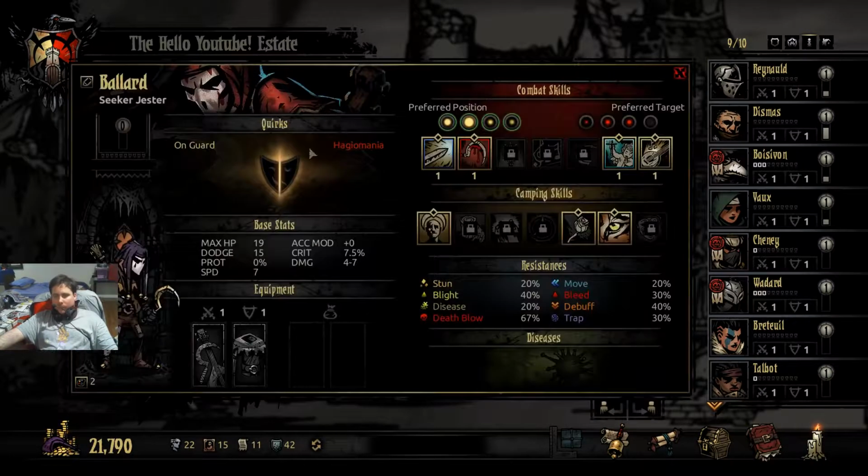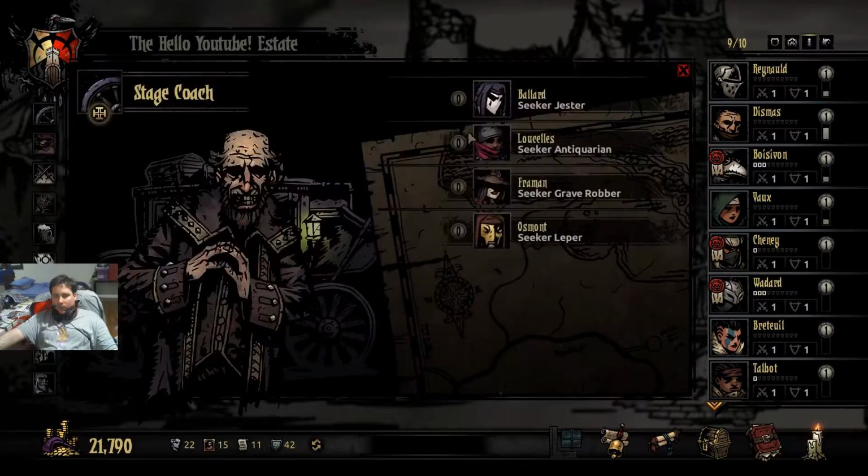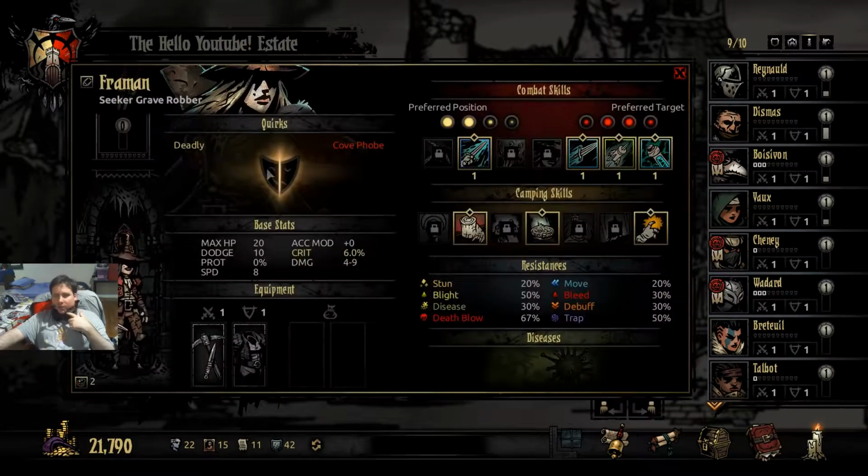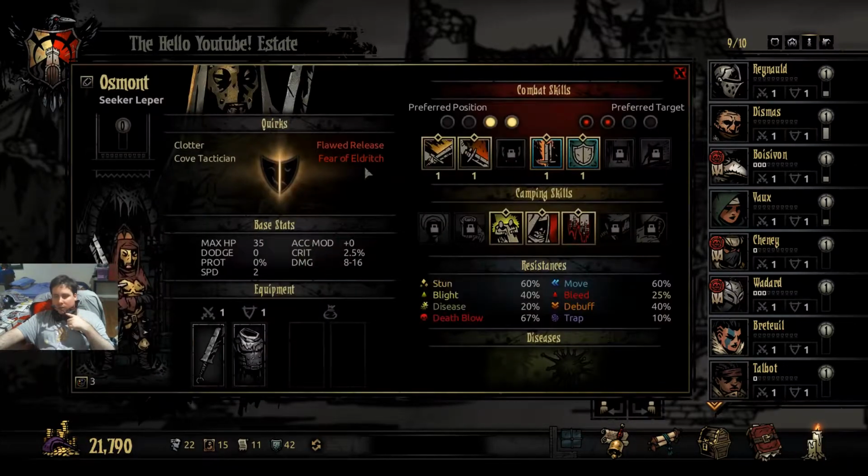So, good. I'll live. It usually means she won't eat at all, because she doesn't need to. At high stress. Deadly, but hates the curve. She's fine. And Fear Eldritch Flawed Release. See, these are great on non-range characters. Oh, what's that? He's all in the way. Now, he's not the greatest,